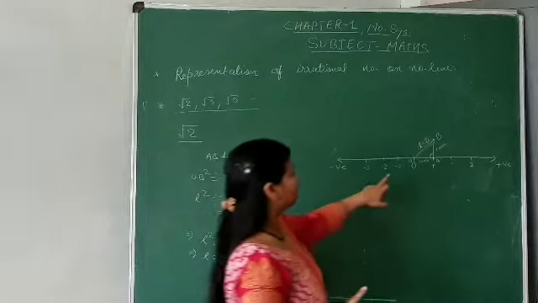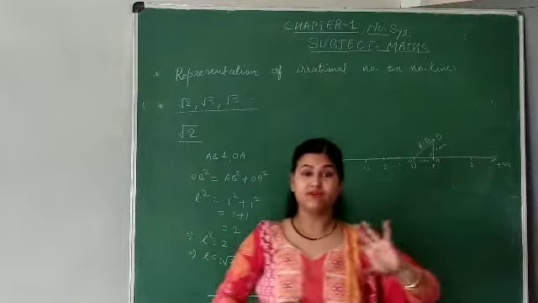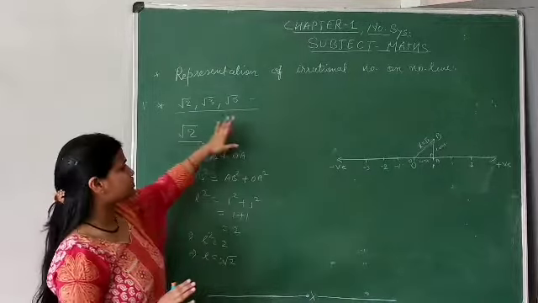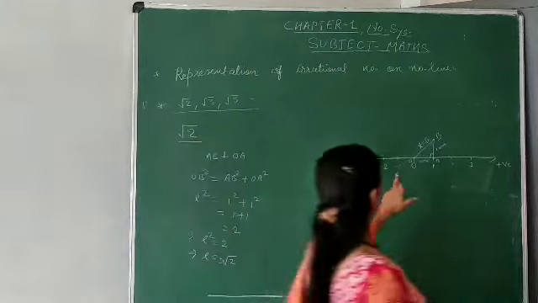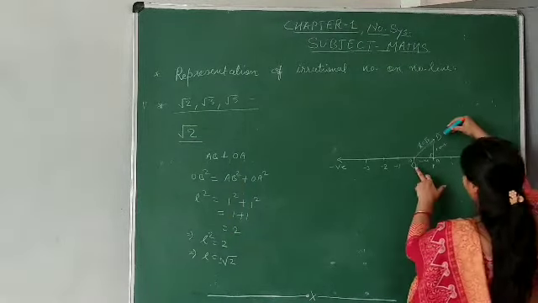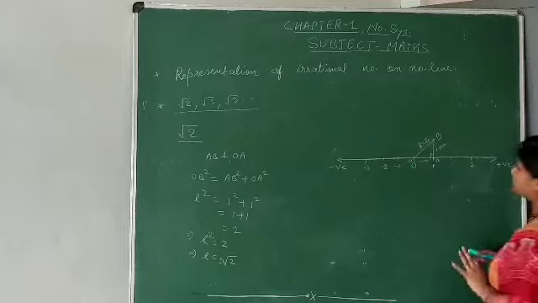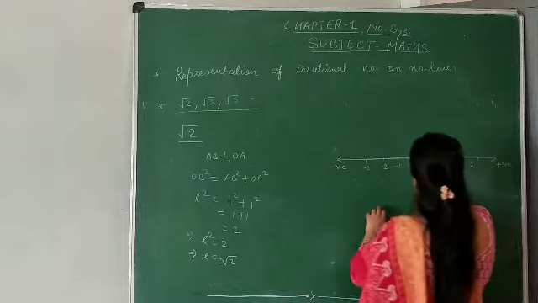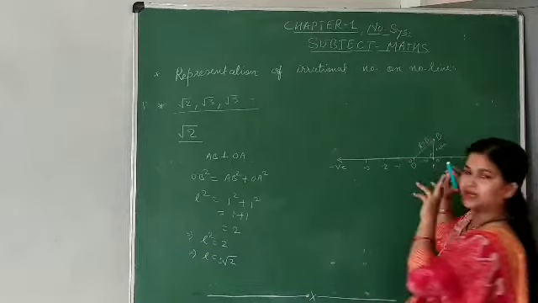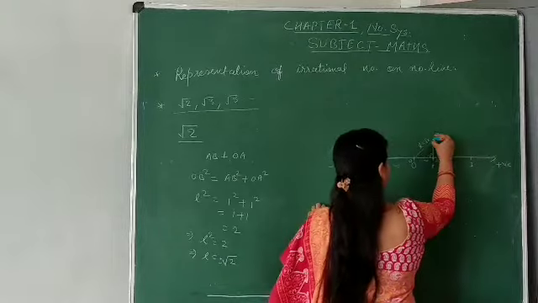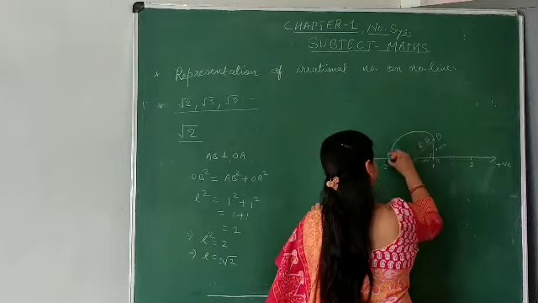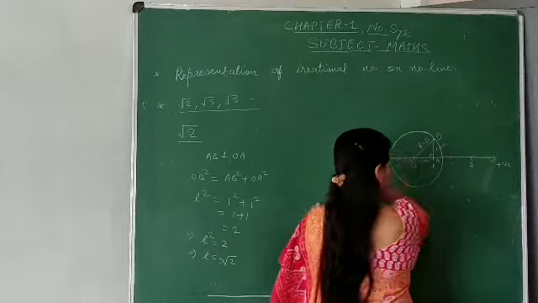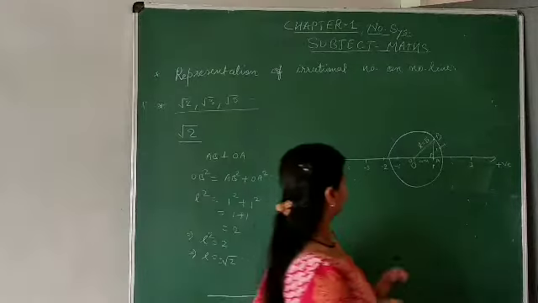We want this OB to be on the number line. That means we have to draw an irrational number on the number line. Our topic is to draw an irrational number on the number line. So here L is equal to root 2. Distance of OB is root 2. How do we represent this on the number line? For this we draw a circle of radius OB. OB radius का एक सर्किल ड्रॉ करना है. We draw a circle of radius OB.